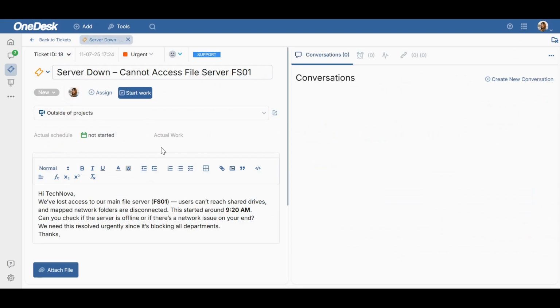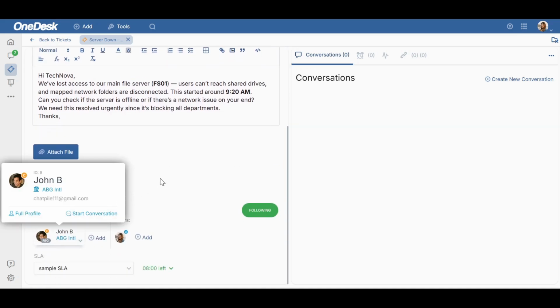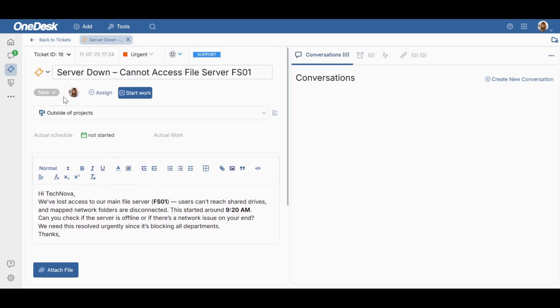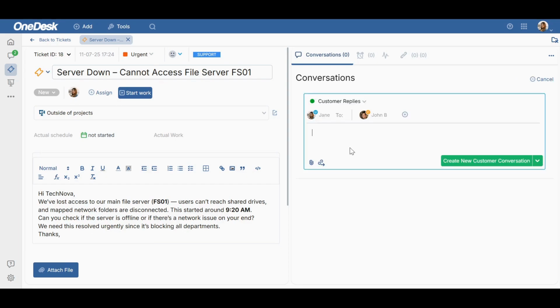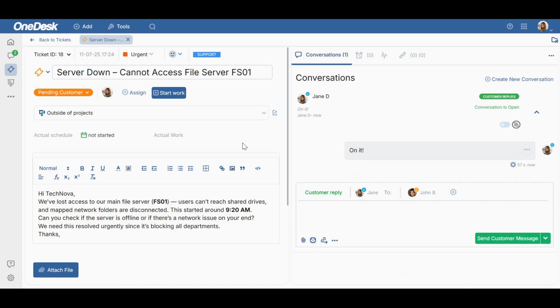Every ticket includes the full conversation history, along with who it's from, what it's about, and what stage it's in. From here, your support team can reply directly to the customer, add internal notes, and track progress from start to resolution. All customer replies, whether via email, chat, or the portal, are automatically added to the same ticket, so your